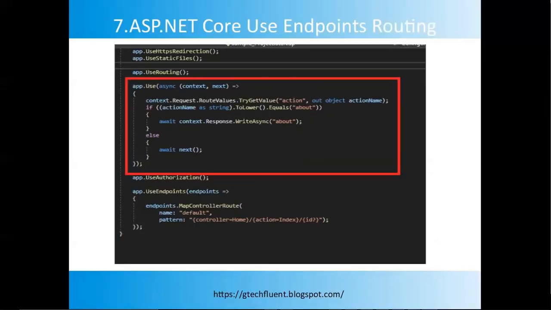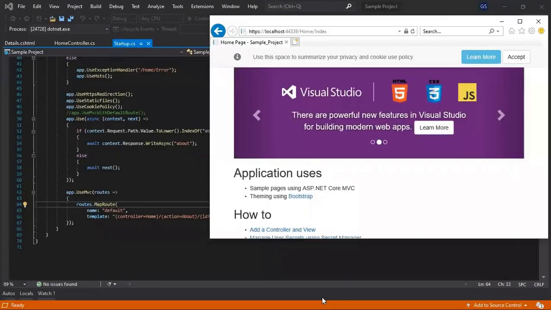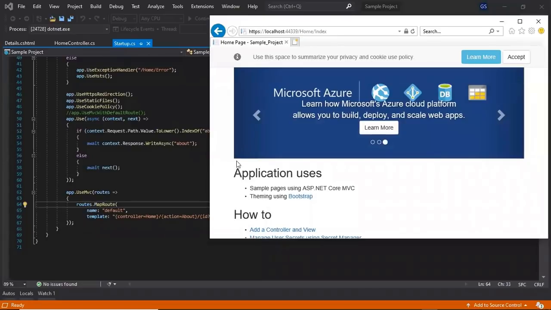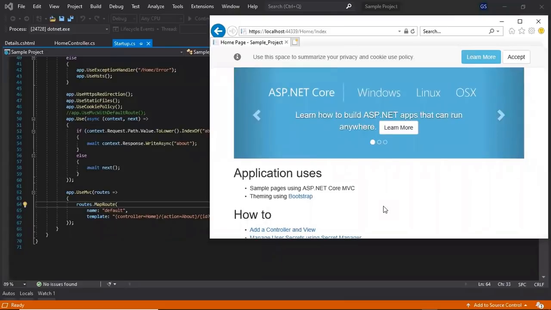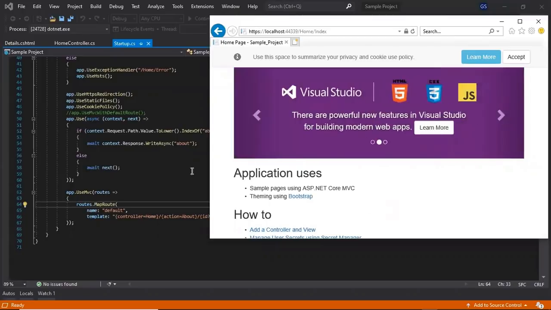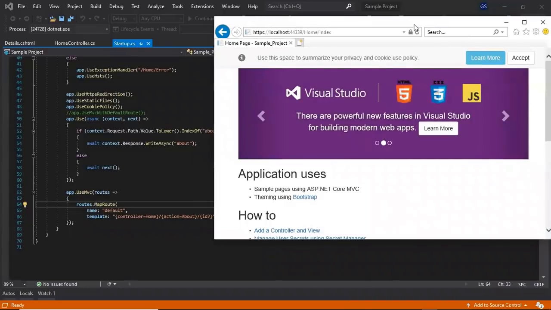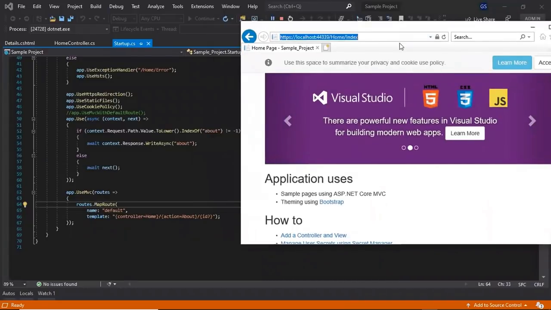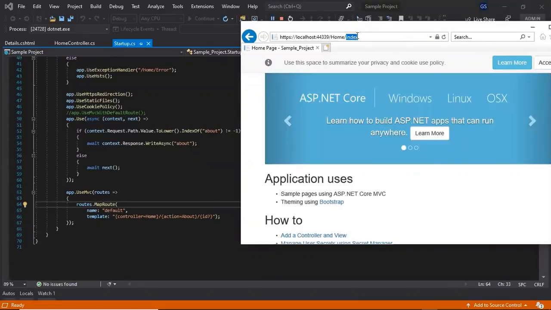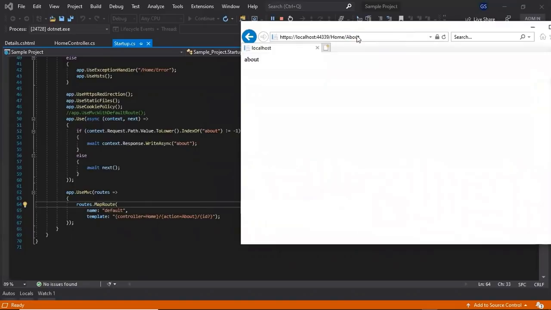So let's see route metadata working in action, and let's switch to Visual Studio. To demonstrate the difference, we have created two projects, one in ASP.NET Core 2.1 and another in ASP.NET Core 3.1. The project you have seen is in ASP.NET Core 2.1, and as we discussed earlier, we have created the middleware to check the user action. The current URL we are issuing is home/index. If I issue the URL of about, it writes the response because we have written the response for about.